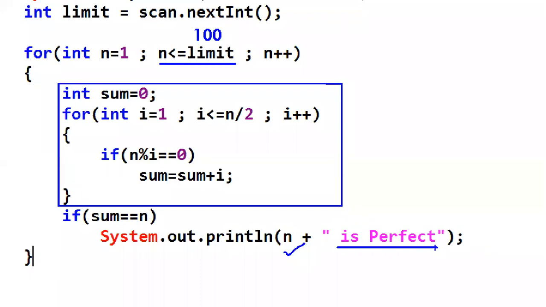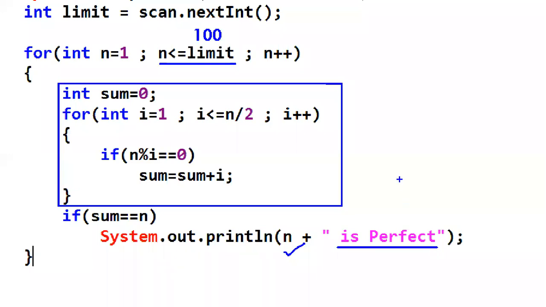If it is not equal, it will not display that 1 is not perfect. Only perfect numbers we are printing. Remember that.